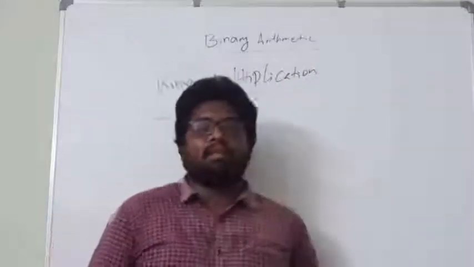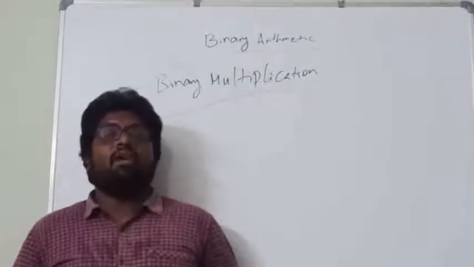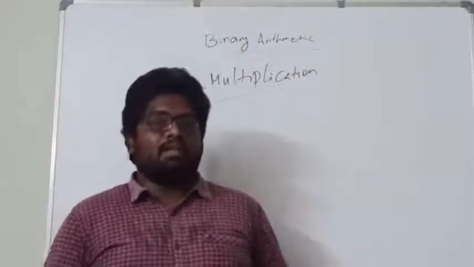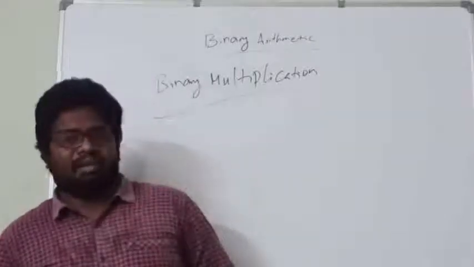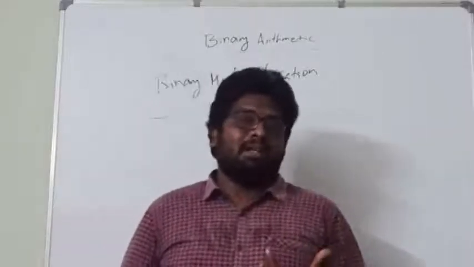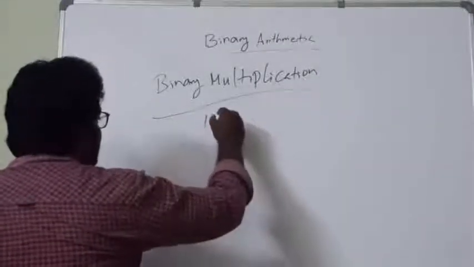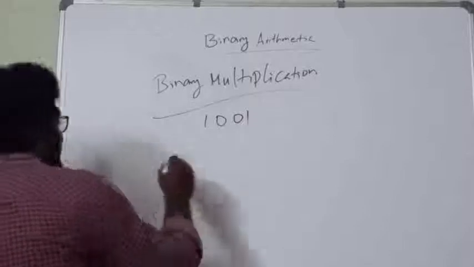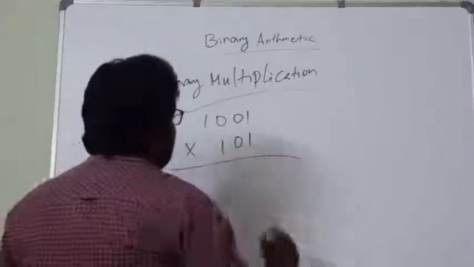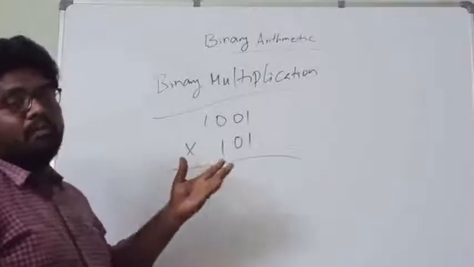We are going to perform the binary multiplication as we are performing the multiplication with the decimal numbers, right? So let's take one example and solve how to perform the binary multiplication. Binary multiplication is nothing but how we do our multiplication with the decimal numbers. Let us take the example and multiply 1 0 0 1 with 1 0 1. So we have to perform the normal multiplication operation that we perform with the decimal numbers,